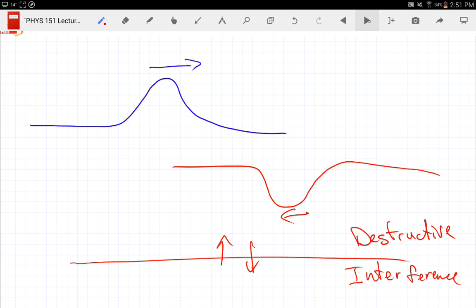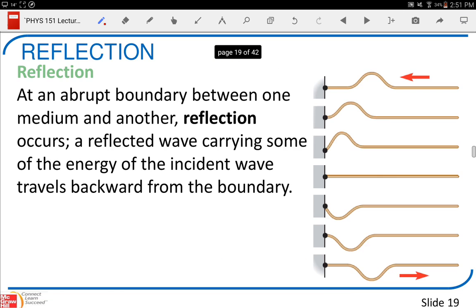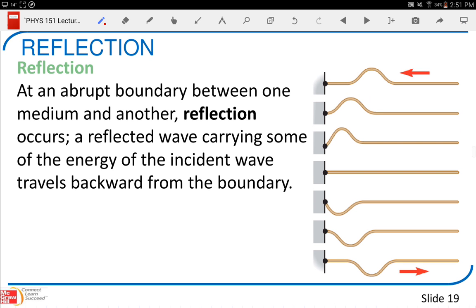Once again, that is a highly important aspect of a standing wave, what we're saying in lab today. The last thing we really need to know before we can get to the specifics of what we're doing in lab is what happens when a wave reflects. When a wave reflects off of a non-moving barrier,